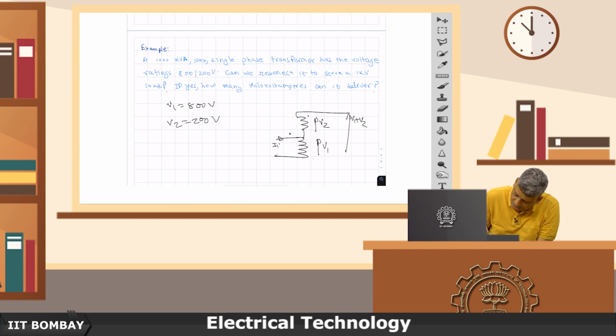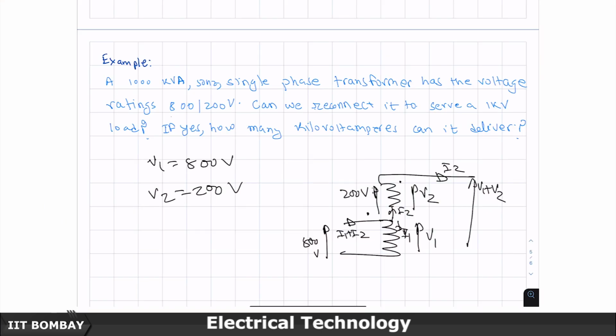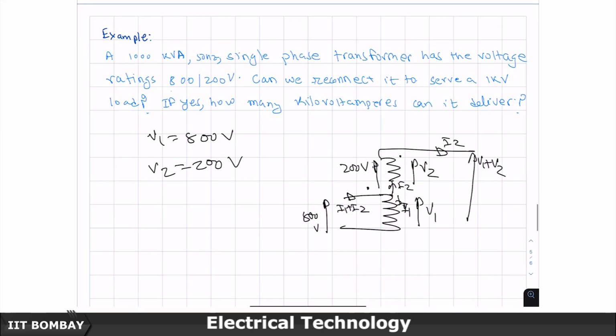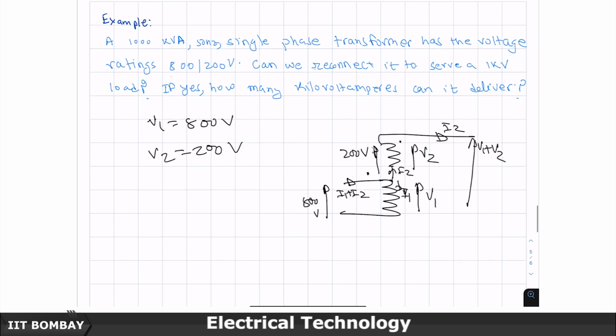This is I 1 plus I 2, and I 1 will flow here, I 2 will flow here. It is the same figure. So, can we reconnect it to serve as a 1 kV load? Yes, we can. If yes, how many kilovolt amperes can it deliver? So, if you connect it like this, you are going to deliver 1000 kVA into